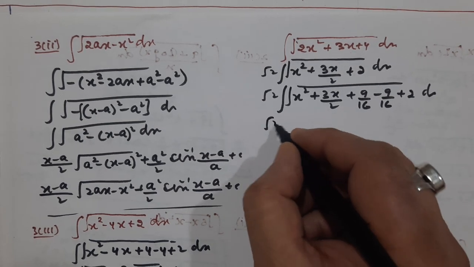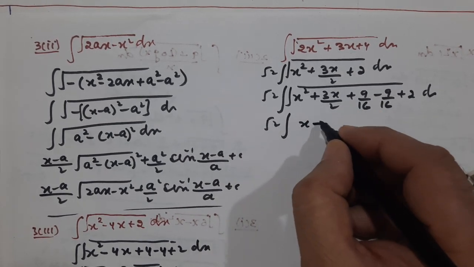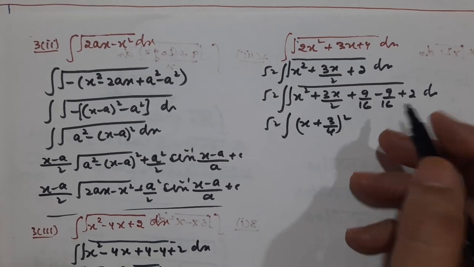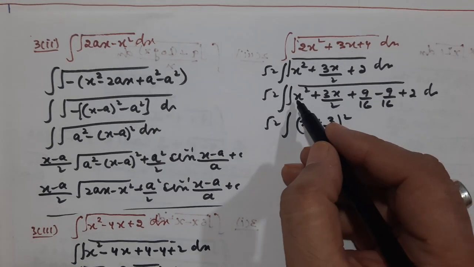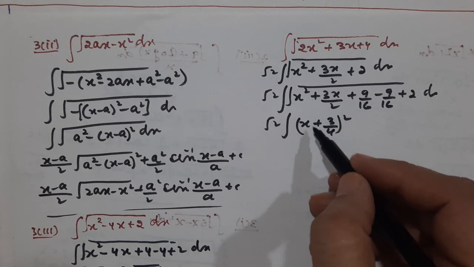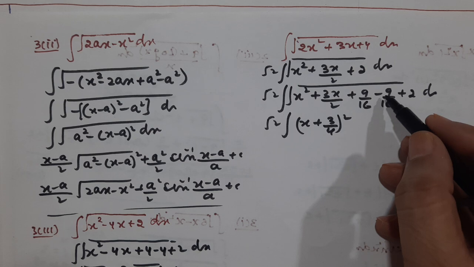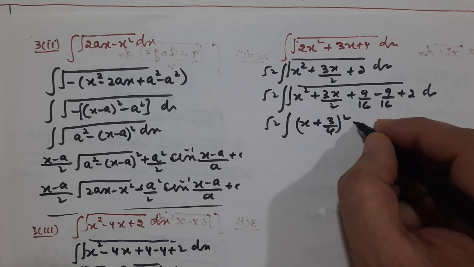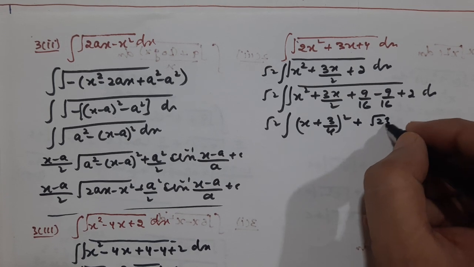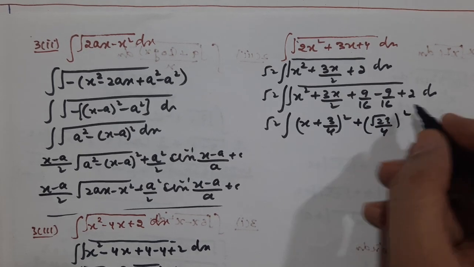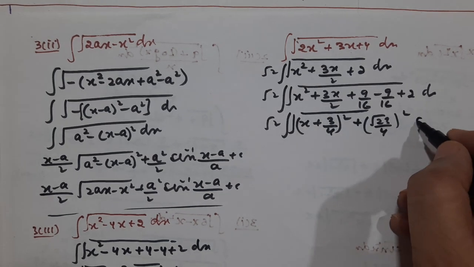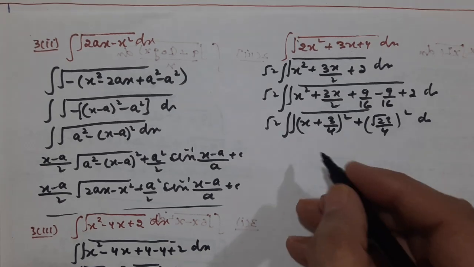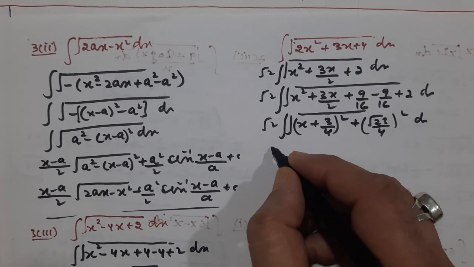So what we get, the first three terms can be written as x plus 3 by 4 whole square, because 9 by 16 is the square of 3 by 4, and x square is the square of x. So we get x plus 3 by 4 whole square, and minus 9 by 16 plus 2, we get 23 by 16, which can be written as root 23 upon 4 whole square. So this is the type of x square plus a square. Now its formula, this is the second type. So we can write x upon 2